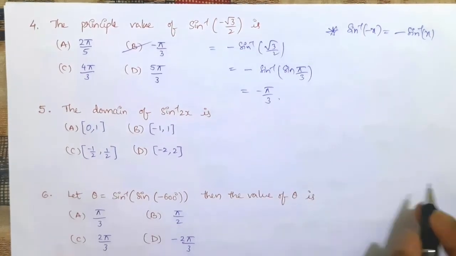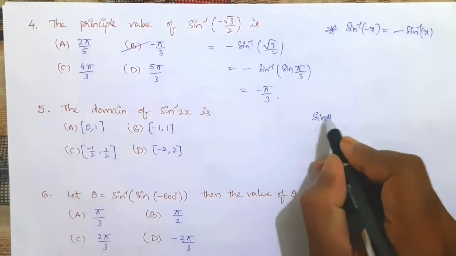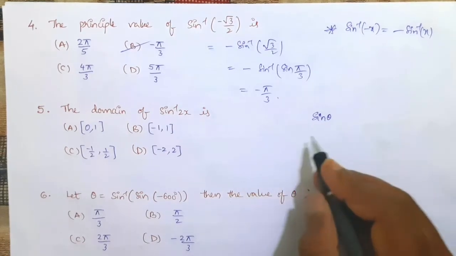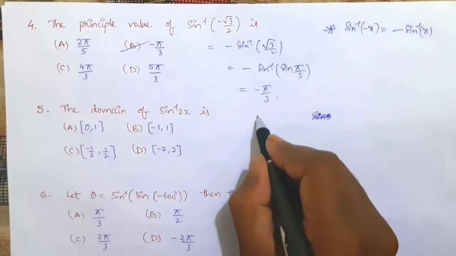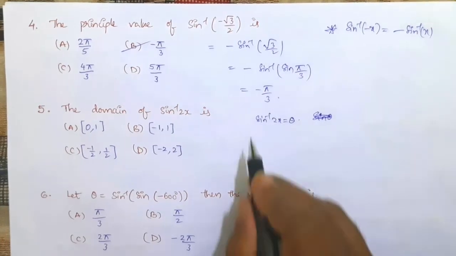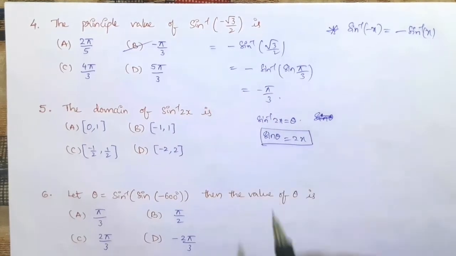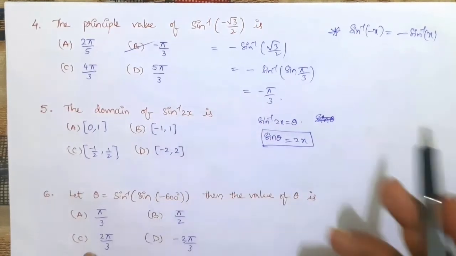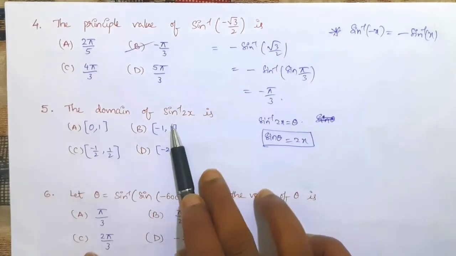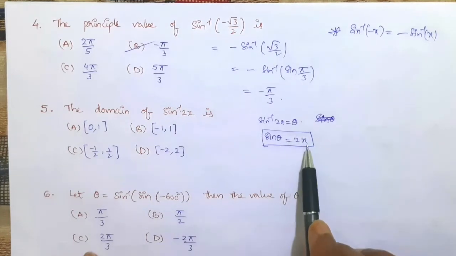Okay, now first of all we know that, if we consider sin inverse 2x is equal to some theta, then sin theta will become 2x. Sin inverse 2x equal to some theta you take. If they give sin inverse 2x or 3x or 1 by x, whatever it may be, you consider that as theta. So therefore sin theta is equal to 2x.